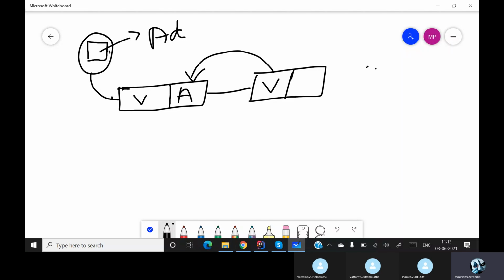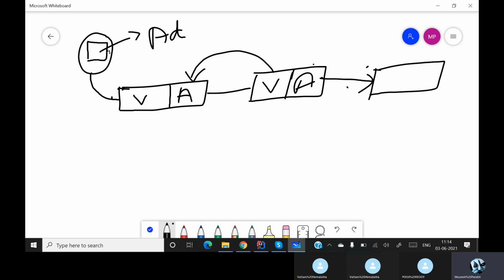If there is no further node, there will be no address. Only if you have another node will you have a link and an address over here.